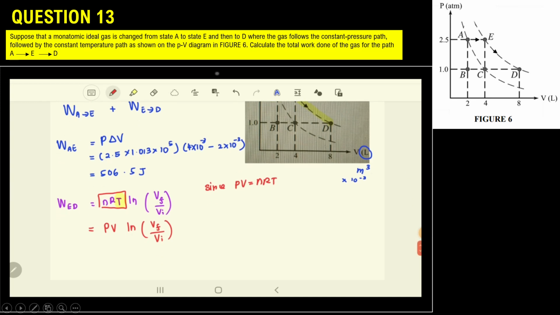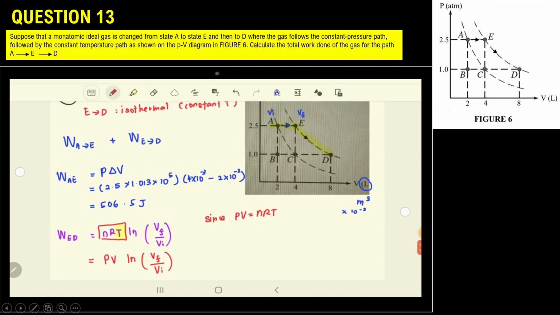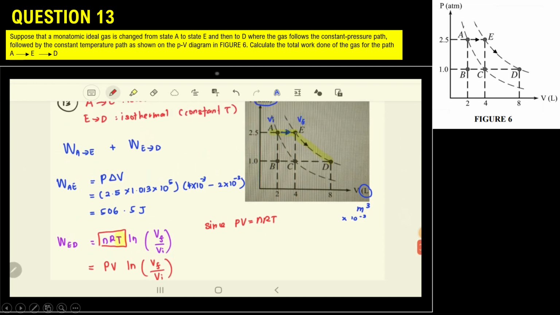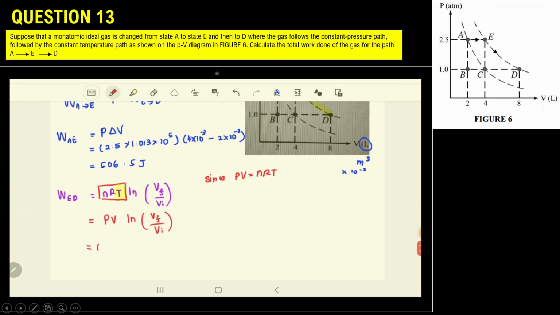When we substitute the values, the pressure should be from where it started, at E, right? So the pressure should be 2.5 times 1.013, changed to Pascal unit. And the volume at the starting point, so it must be the initial volume and initial pressure. So 4 times 10 power of negative 3 ln, so V final is 8